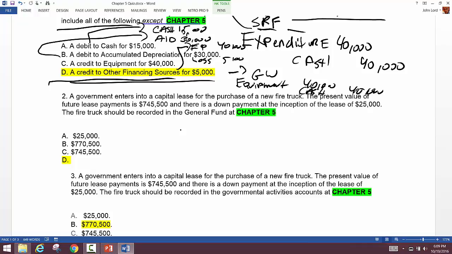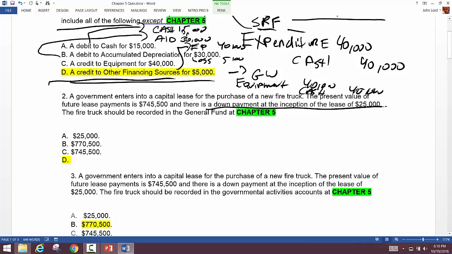What do we mean by the future? Something's going to happen? Well, it's not happening right now if it's in the future, right? So there's now and there's the future. So this means it's going to happen not now but in the future. Okay, good. So we're going to have future payments of $745,000, and then they tell me there's a down